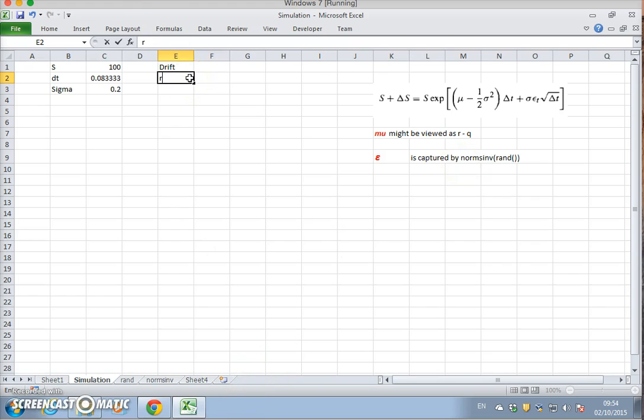We need a term for mu. Let's say r is 0.05, and we could take q to be just initially 0. So the drift as a result will be open brackets, and following in line here would be r F4 negative q F4